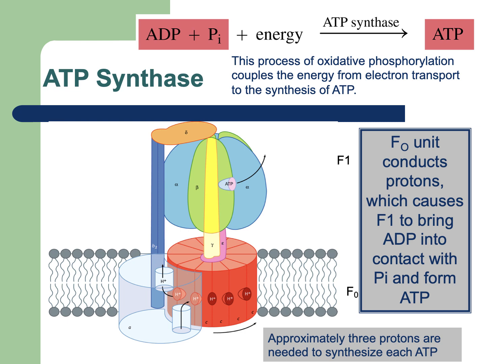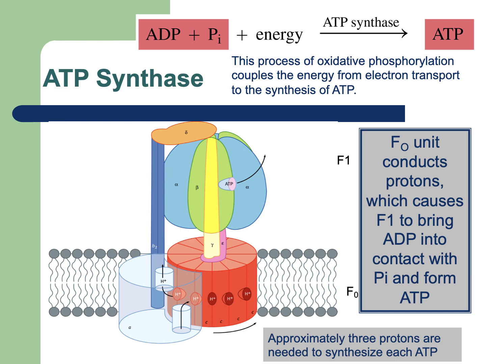This picture is actually opposite than what you saw in the previous slide, so you might need a second to get yourself acquainted with the location of things. The FO unit conducts the hydrogen protons, which allows the movement of the cylindrical rotor, and it brings the F1 unit closer. It opens up the active sites for which ADP and phosphate can then go into and catalyze the